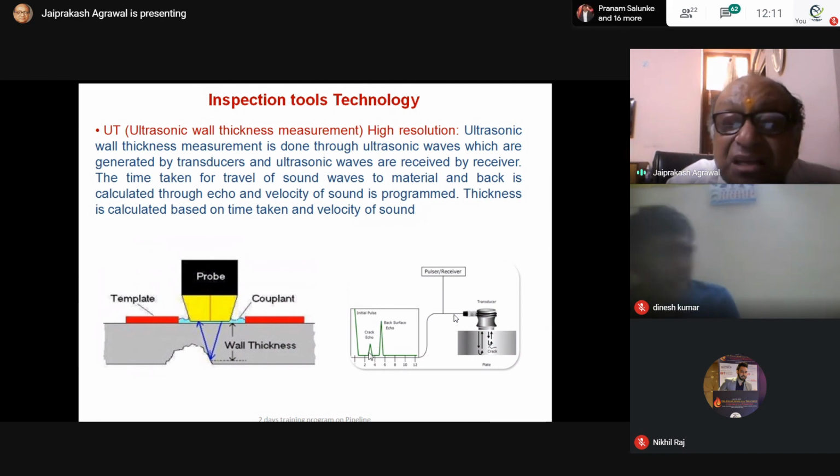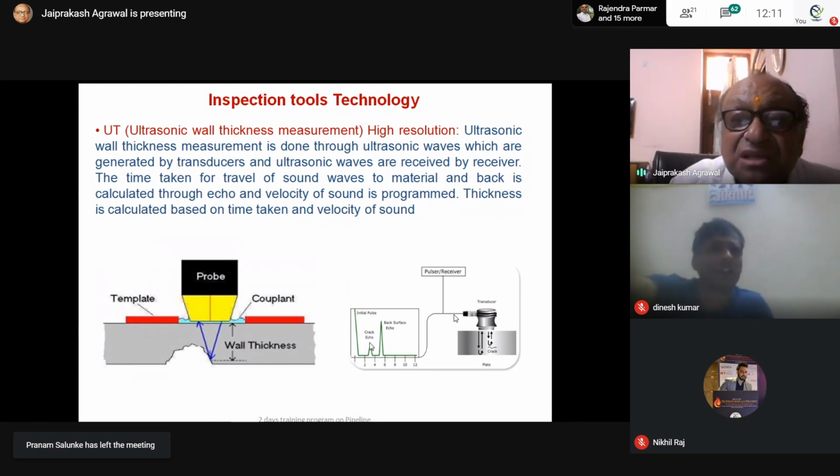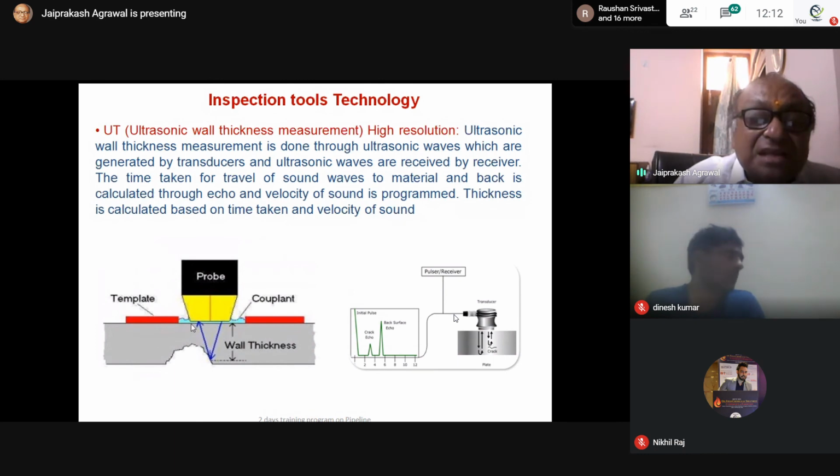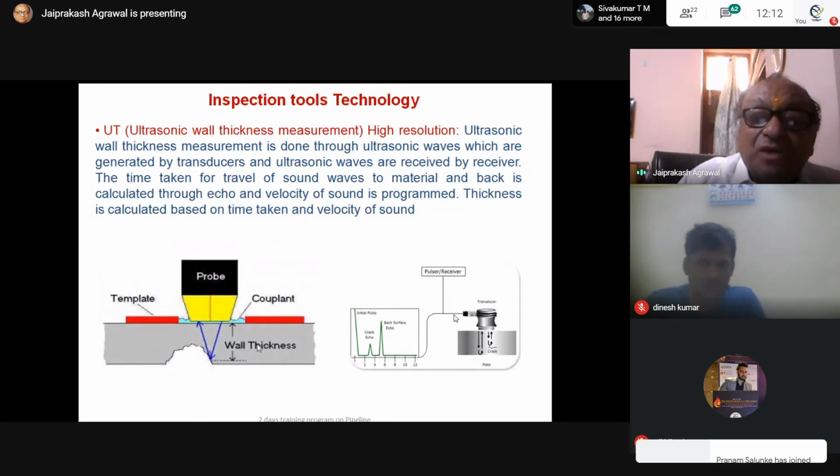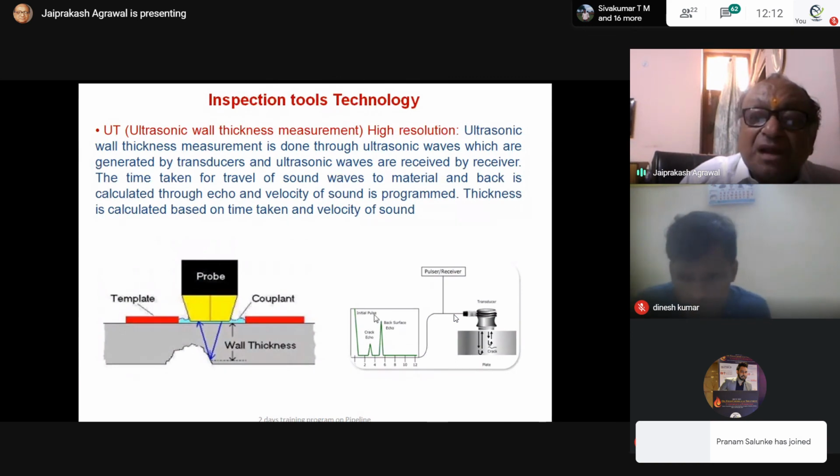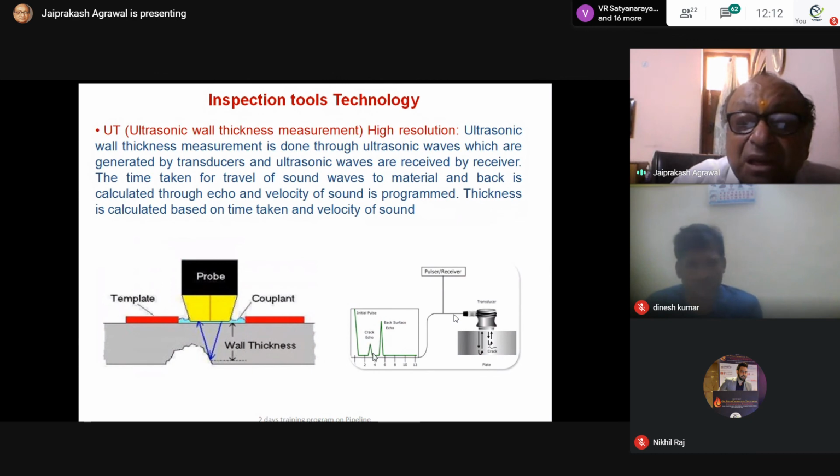But here this is the crack, so this is the crack side. So this gives a lesser time. Based on that, it will take a lesser time to return back, depending on the velocity. This type of graph comes. So it's normal, and wherever there is a depth, it will come like this. So you can measure. This is the principle.